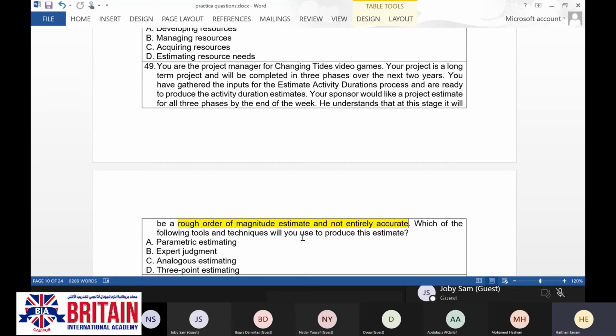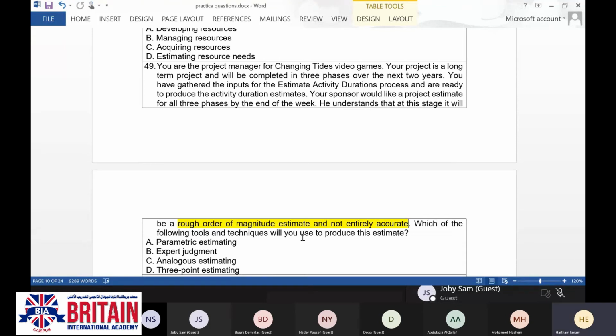And if you remember, when we were talking about the tools and techniques used for estimating the resources, cost, or even the activities duration, we had common tools and techniques: parametric estimating, expert judgment, analogous estimating, and when it comes to the cost and the activity duration, we have 3-point estimating.